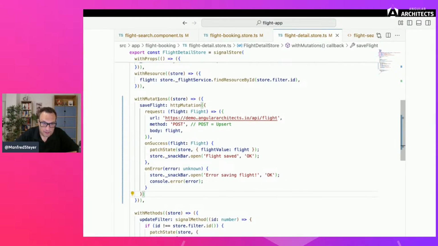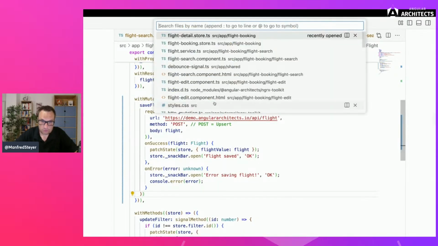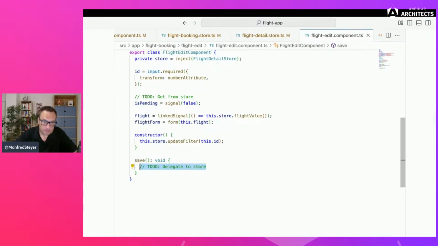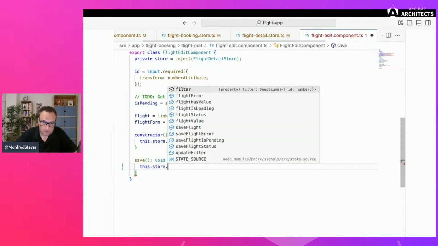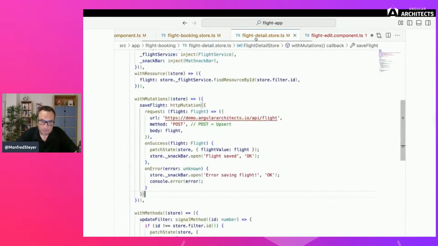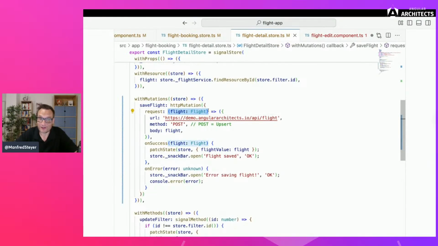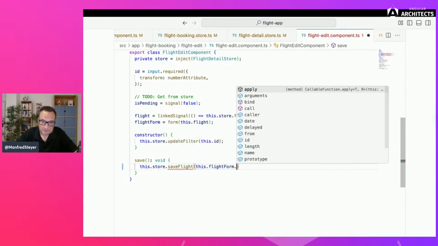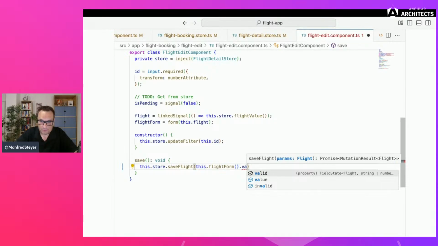So now let's try it out. Let's go outside to our flight edit component. And here we can now say this.store.saveFlight. We can pass in a flight. We get this for free because our request also needs a flight. One more time, we see how powerful the TypeScript type system is here. So this will one more time be the flight in our flightForm.value,